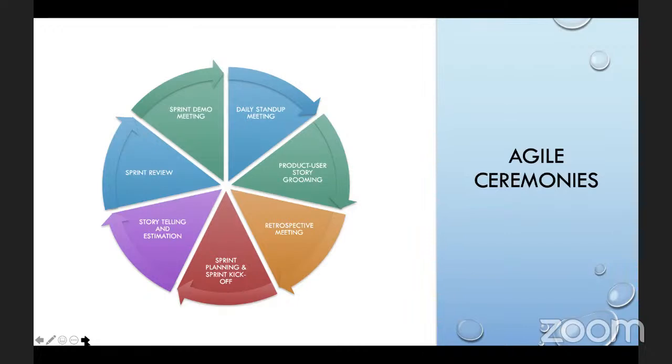So storytelling and estimation, as we tell these stories that this feature is what we want to build, developers will usually take turns and say, listening to this feature, this is going to be a 2-point story. This is going to be a 3-point story. This is going to be a 5-point story. So they will give their estimate. And by saying that this is a 3-point story or a 5-point story, what does this translate into? A 5-point story means 5 days. This is going to take me 5 days to deliver this, to finish up with this feature.